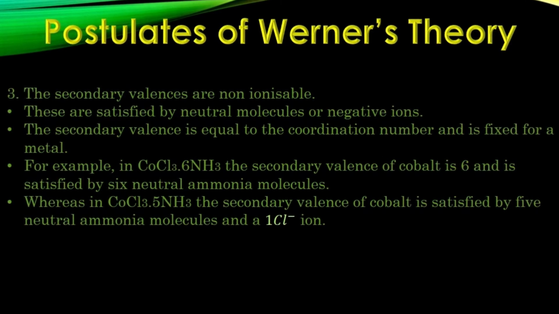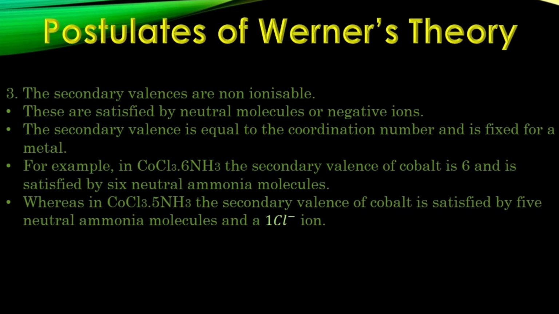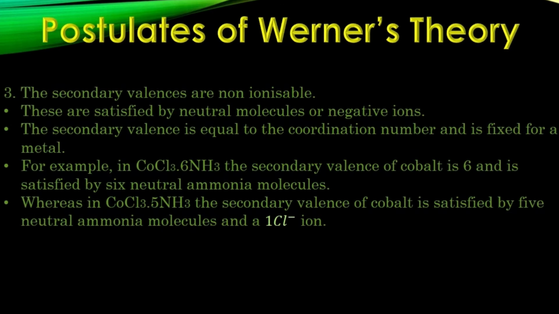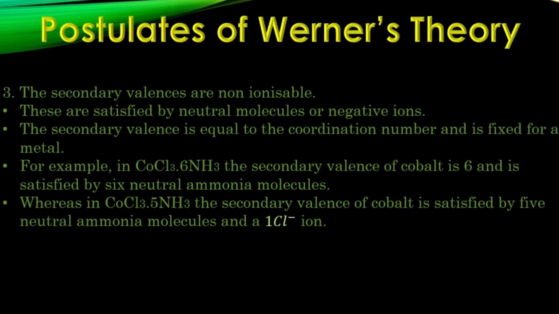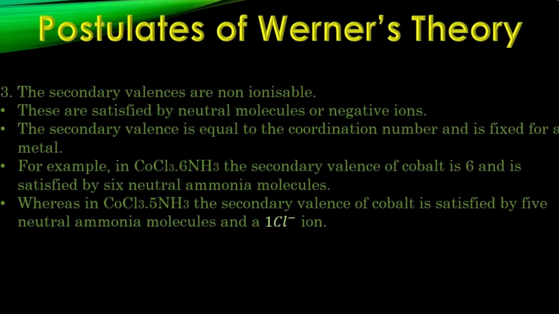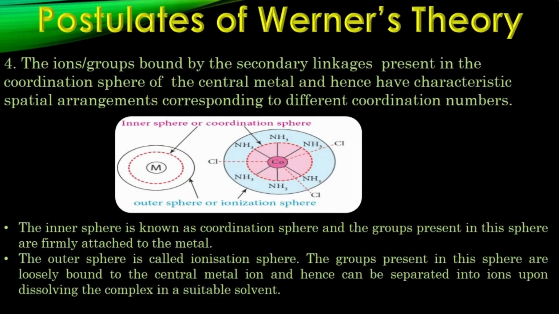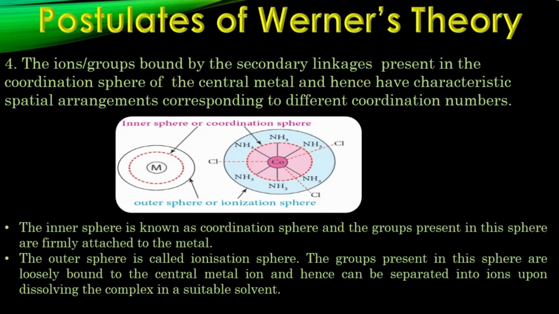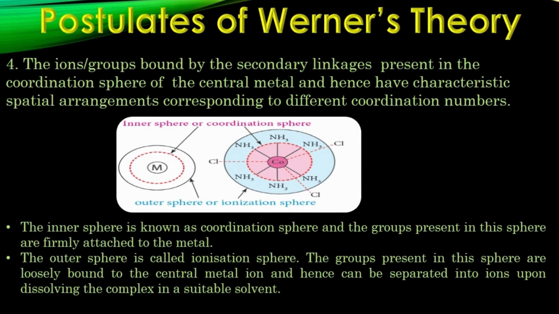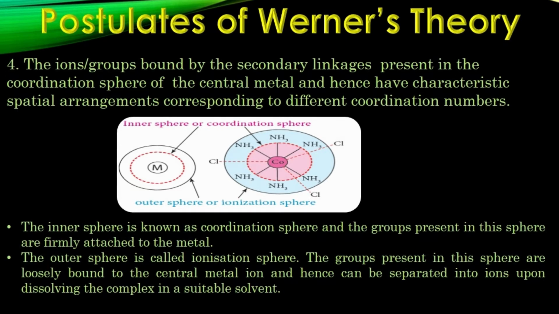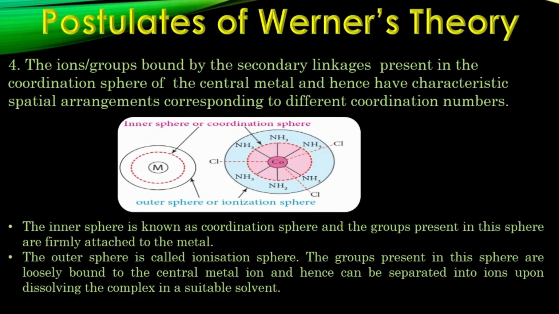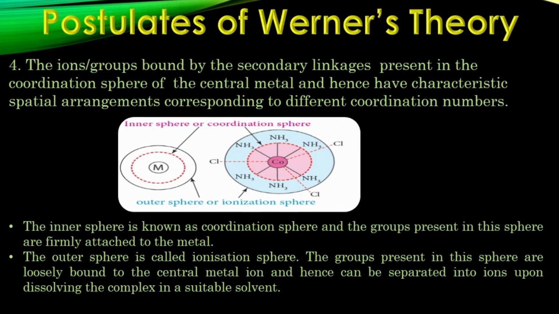And if you take the next complex, CoCl3·5NH3, the secondary valency of cobalt is also equal to 6, since the cobalt atom is surrounded by 5 ammonia molecules and 1 chloride ion. The fourth postulate of Werner's theory is that there are two spheres of attraction around a central metal atom or ion in a complex. The inner sphere is known as the coordination sphere,